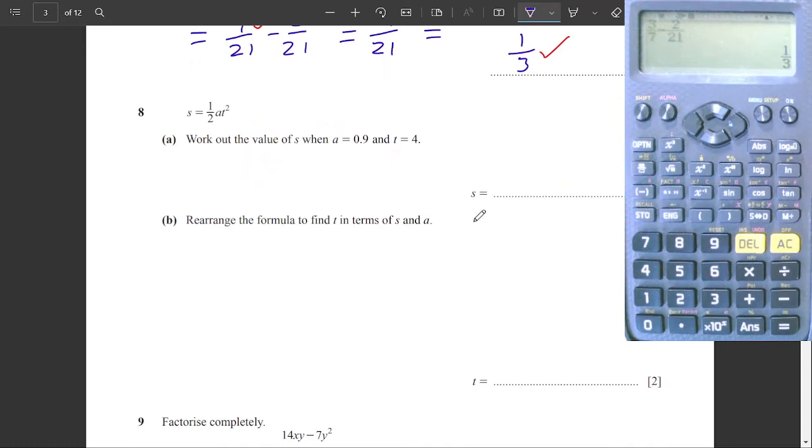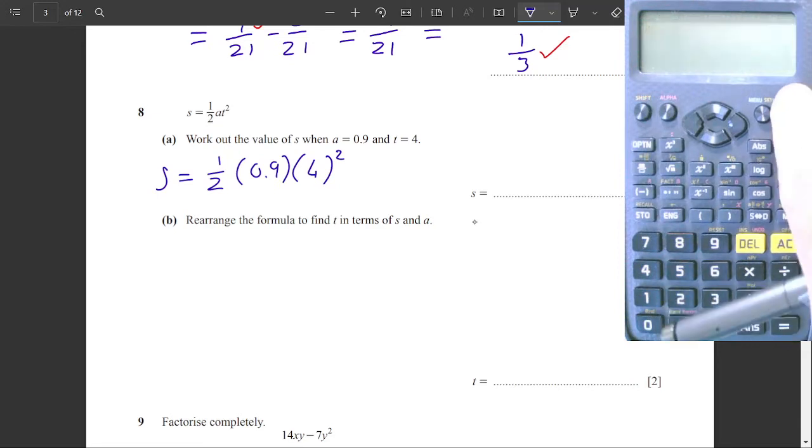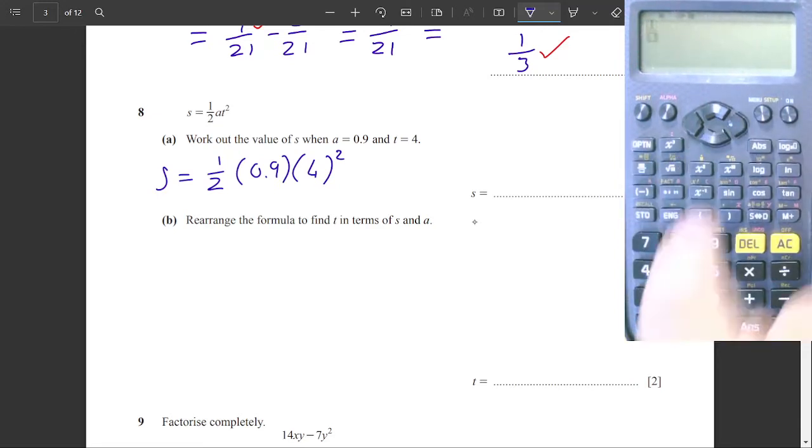Question 8, work out the value of S when A is 0.9 and T is 4. So that means S will equal a half, A is 0.9 and T is 4. T is being squared, so let's put it into a calculator just like that. So we got a half